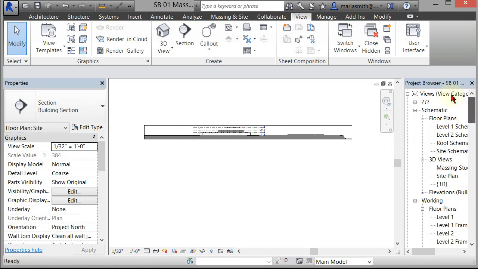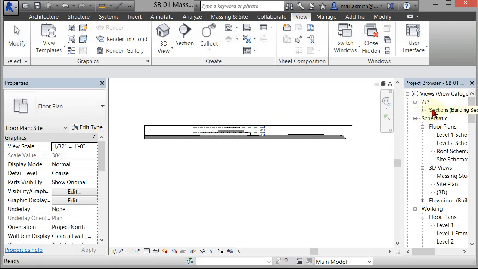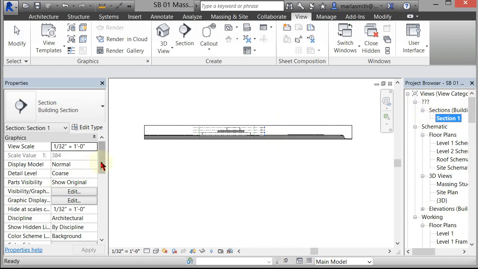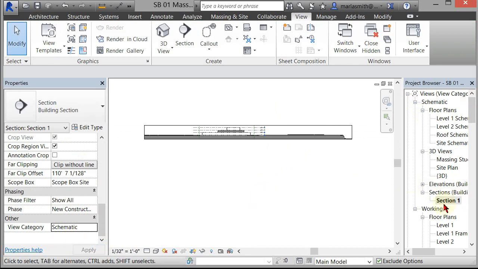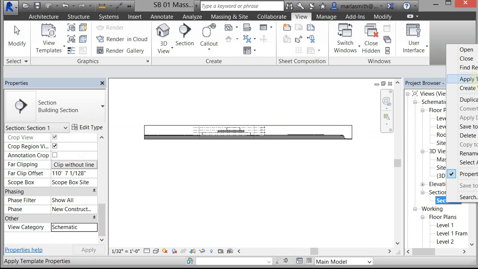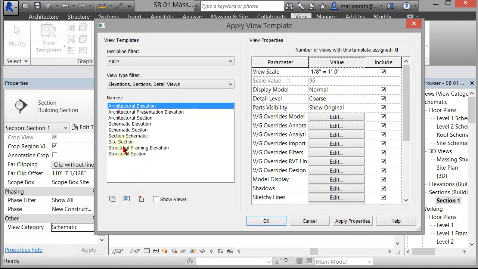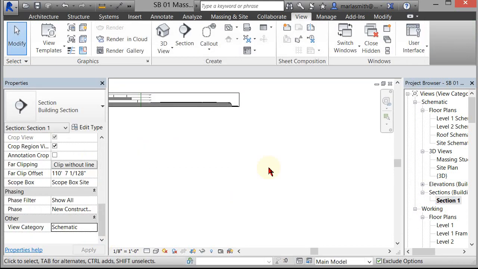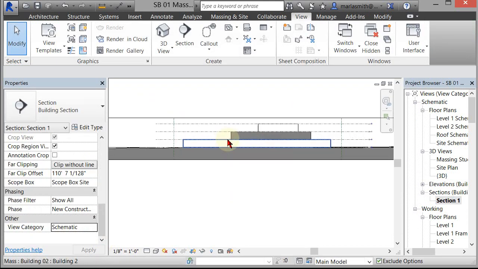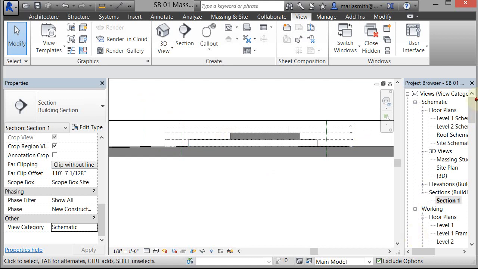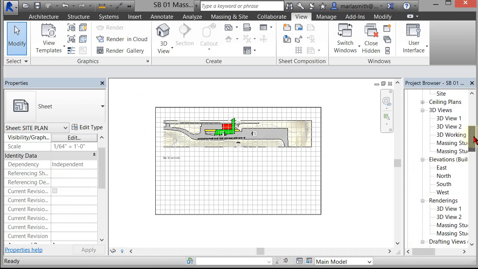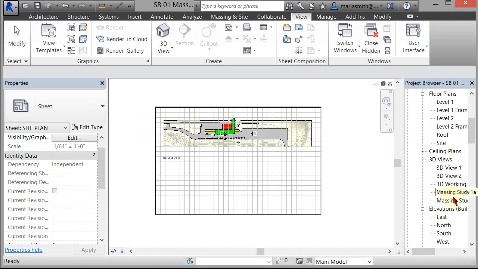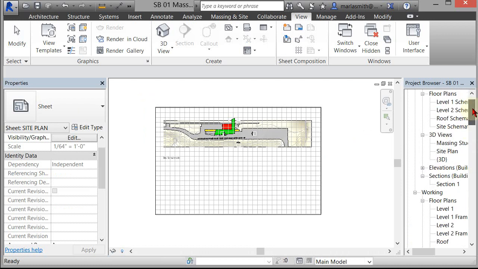And it's uncategorized, so we can categorize it as schematic, and it'll flip it into our section building schematic. We can also right click on it and apply a template property to it, and we have section schematic, so we'll click OK. So it's not much different than what was already there, but once we have that view, we can come back down to our site plan, scroll back up, and pull our site section from our schematic